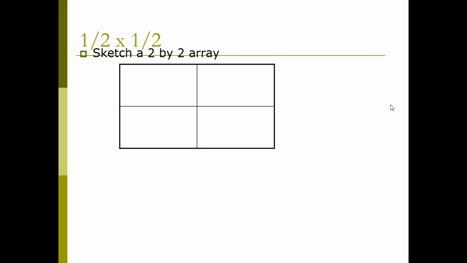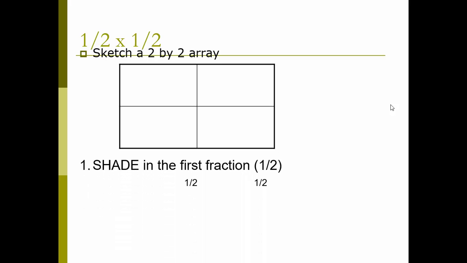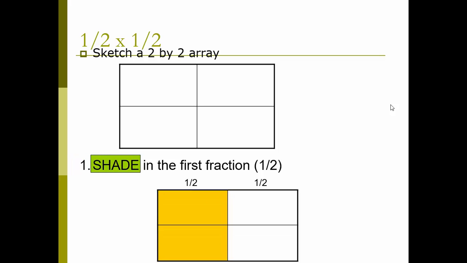Of course, if you have drawing skills like I do, there might be squiggly lines and it may not be as perfect as this nice computer animation. So now what we would like to do to represent the first fraction, we're going to shade in 1/2. So we are shading with green, and it didn't appear to be the same color. I'm not sure how that works out. So if you are talking about fractions, if you'll notice, we're shading in the first half of 1/2 in regards